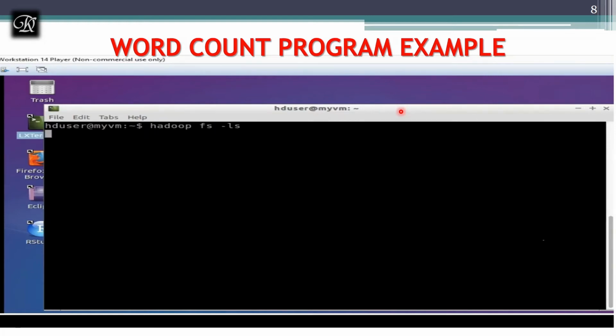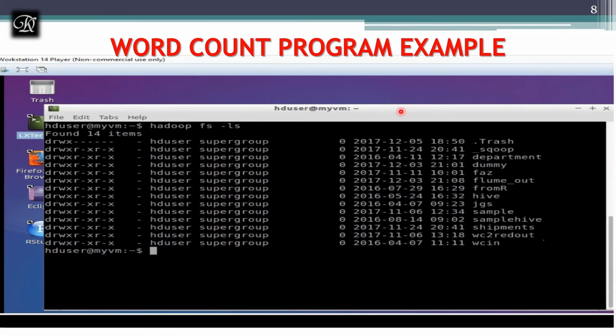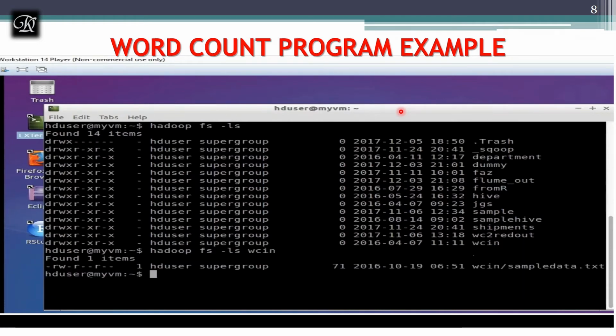Now I'm just going to show you what is there in my directory, where you can see over here WCIN. It means it's the word count input file, where I am going to keep my input file. You know how to put the input file from the previous video. I have told you how to put the file from the outside world to HDFS using the put command.